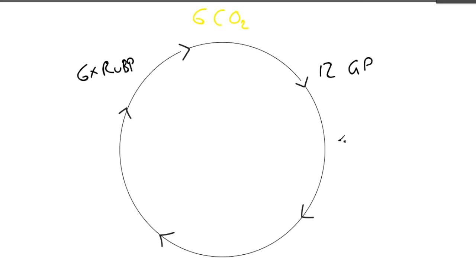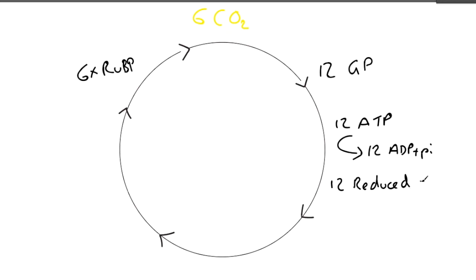We had, again, 2 times ATP, so this time we're going to have 12 ATP coming in and 12 ADP plus P coming out, and the same will apply for the reduced NADP. We'll end up with 12 NADP. You'll end up with 12 times TP,